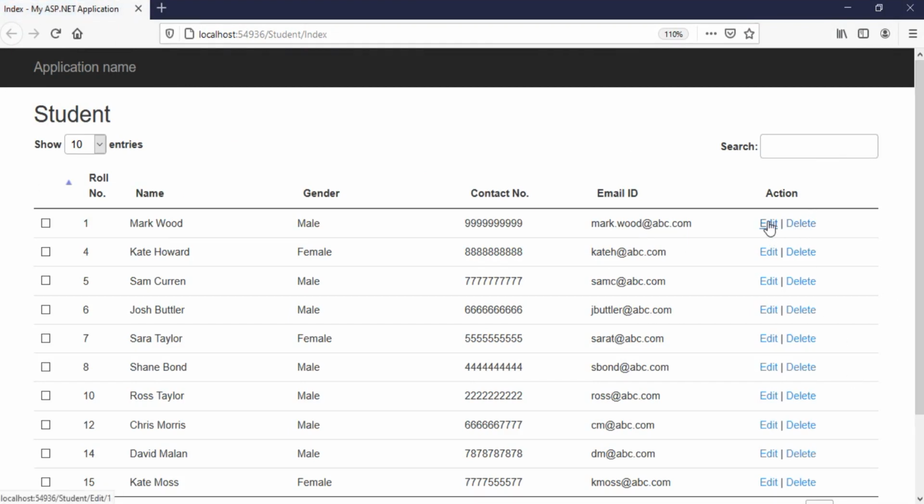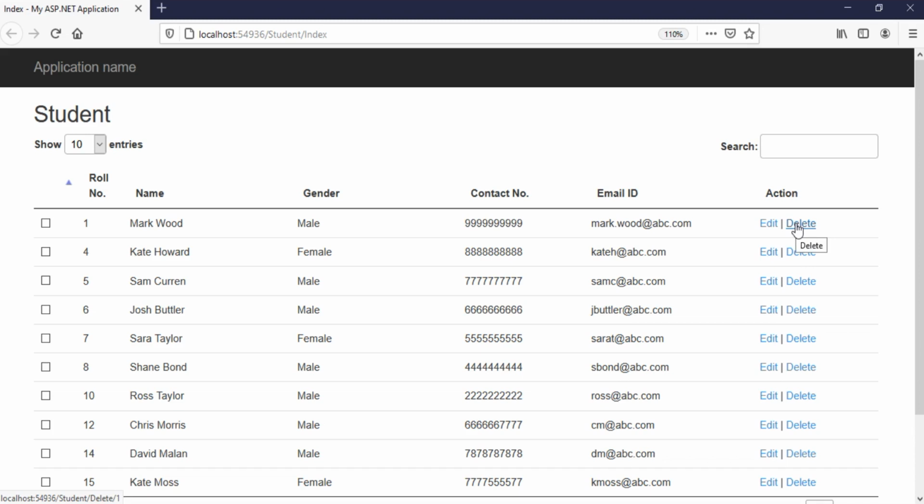Again, if you look at the left bottom corner, just please observe the left bottom corner. In the left bottom corner, you can view the URL, that is localhost:54936/student/edit/1. Now I am on the second link, so it is showing edit/4.